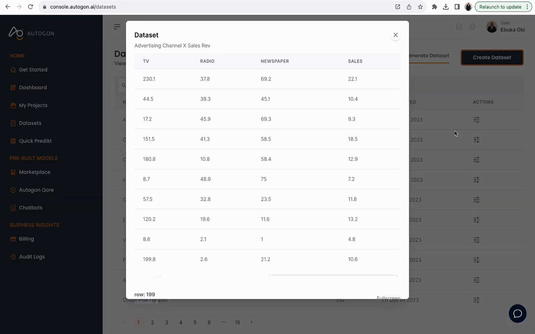We are going to be solving a problem with advertisement channel to sales revenue. So this is for a business. Over time they've been advertising on TV stations, and they spent this amount of money in dollars. On radio stations they have spent this amount of money in dollars, and in newspaper they spent this amount of money in dollars, and the sales they yielded for this month, for these are for different months, and the sales